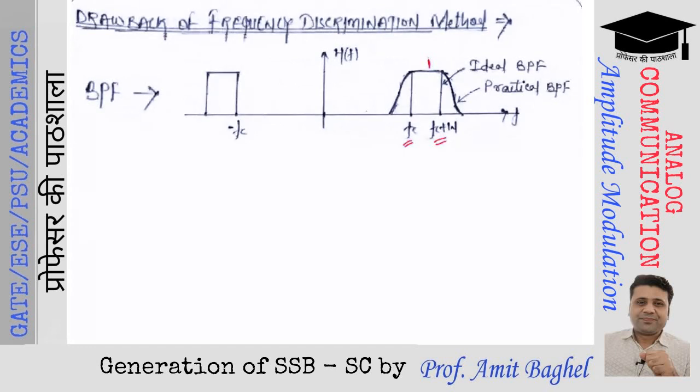But this behavior is actually an ideal behavior. So this is the ideal band pass filter. In an ideal band pass filter, there is a sudden transition from 0 to 1 or 1 to 0 at the